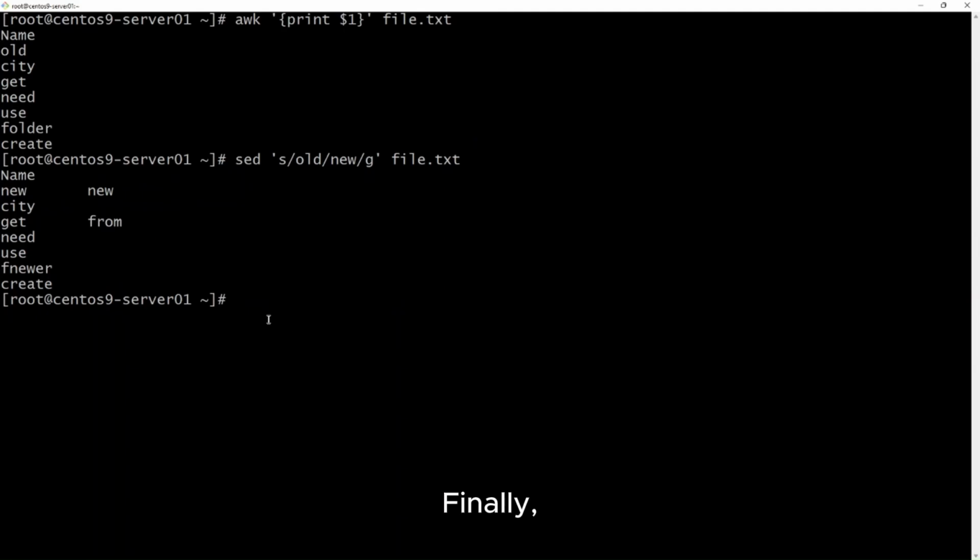Finally, let's learn how to save space by compressing files and bundling multiple files together. To create an archive, a single file that contains many files or folders, you can use tar.